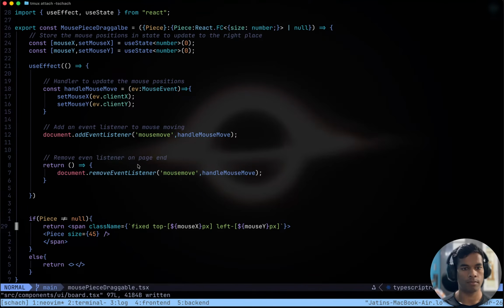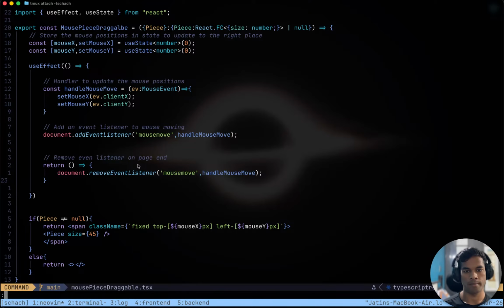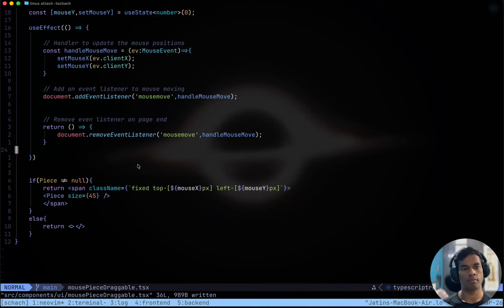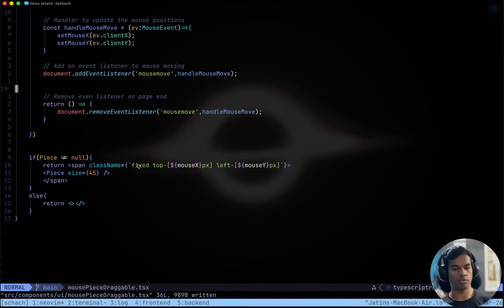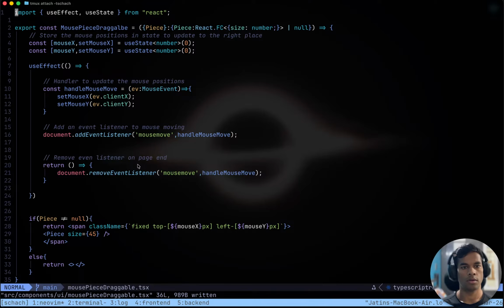Cool. What do we see here? As mouse top, mouse X and mouse Y. Console.log handle mouse.